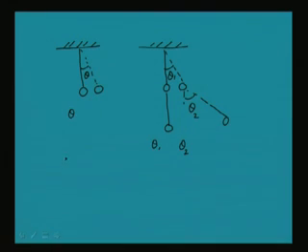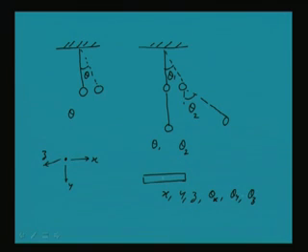If a particle is there, it can have x, y, z 3 direction linear motion, but if we have a rigid body, then it can have linear motion plus rotation also, like theta x, theta y, theta z. So, to define the position of a rigid body, we require 6 degrees of freedom,